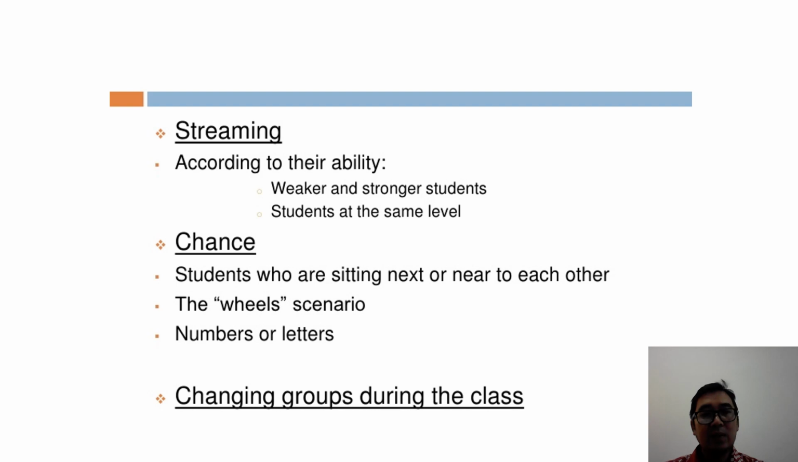And the next one is chance. Students who are sitting next or near to each other, or a lottery scenario, or numbers or letters. I often use this, grouping students based on chance. So I just ask students sitting beside him or her to be her or his group. And changing groups during the class